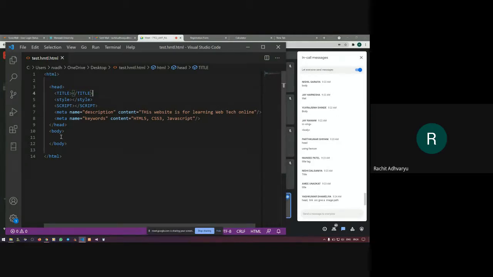Moving on to the body. Now, what different components can be added to the body? I'm talking about components, not the tags. Remember this word. What different components can you add to your page in the body tag?